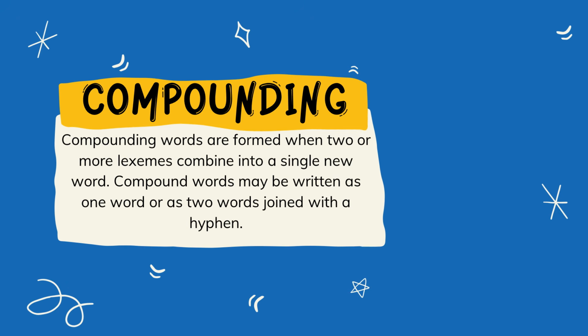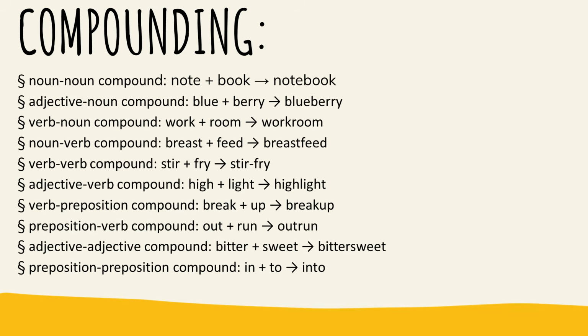Compound words may be written as one word or as two words joined with a hyphen. Here are examples of how we can compound words. So it depends on the part of speech. We have noun and noun compound, for example, notebook. We have an adjective noun compound, for example, blueberry. We also have a verb noun compound,